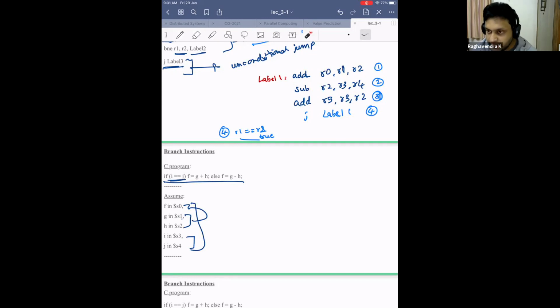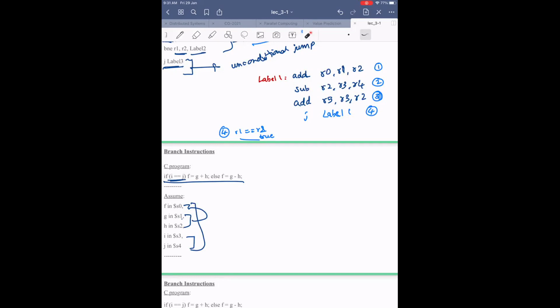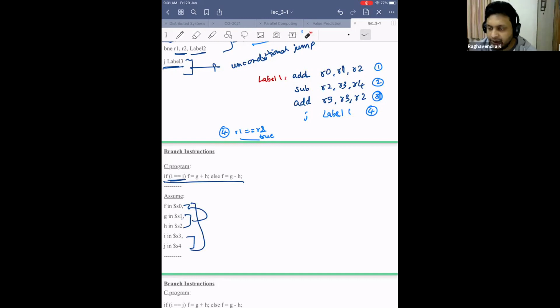So this is what you will be doing in the lab. You will be writing assembly code. Finally, you will also be writing bubble sort, quick sort, and things like that. So you will have to get comfortable with writing assembly code. This is all there is to assembly code. You use labels and so on, but it needs much more thinking when compared to C programming, because you have been used to C programming. But generally, people are not used to assembly programming. So it takes some time to understand it, but once you understand, it's just logic that you will be